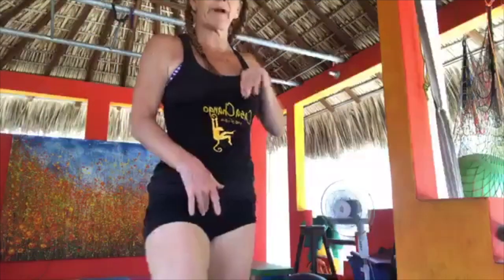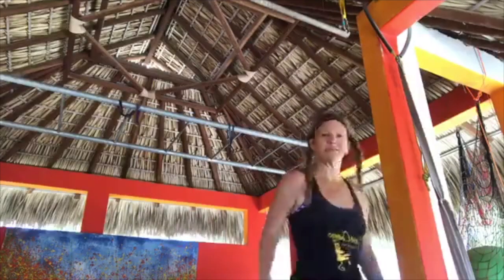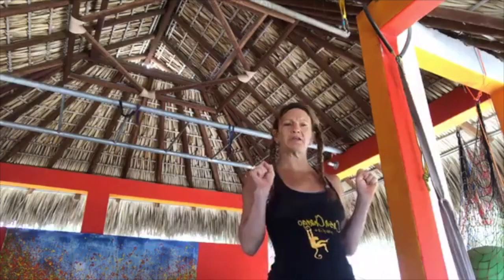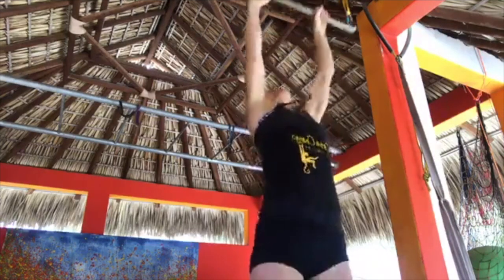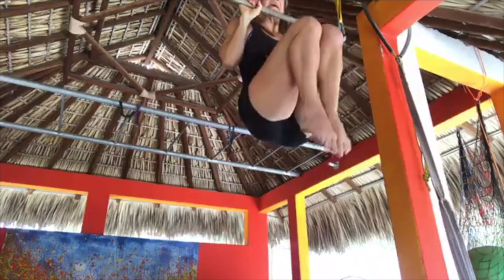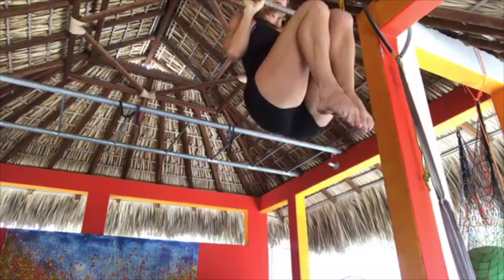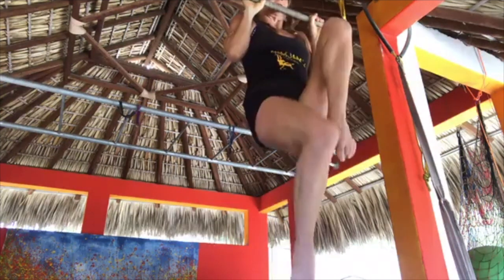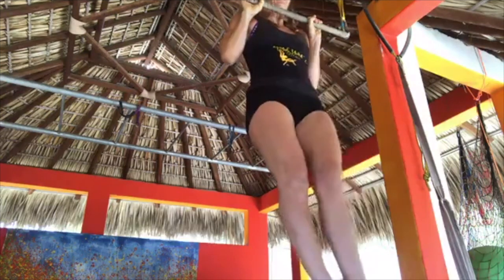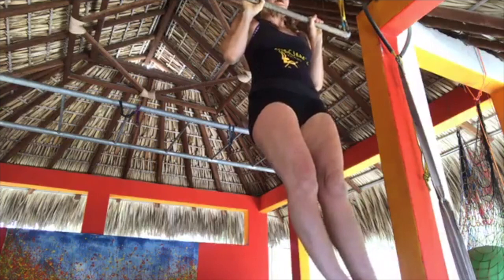You can play with what you're doing with your legs if you want, but always feel about threading through the midline, all right? If you have a chair, you can stand up on your chair to go into your upper pull-up hold, or just do 1 pull-up to hold. Here we go. For 20, 19, 18, 17, 16, 15, 14, 13, 12, 11, 10, 9, 8,